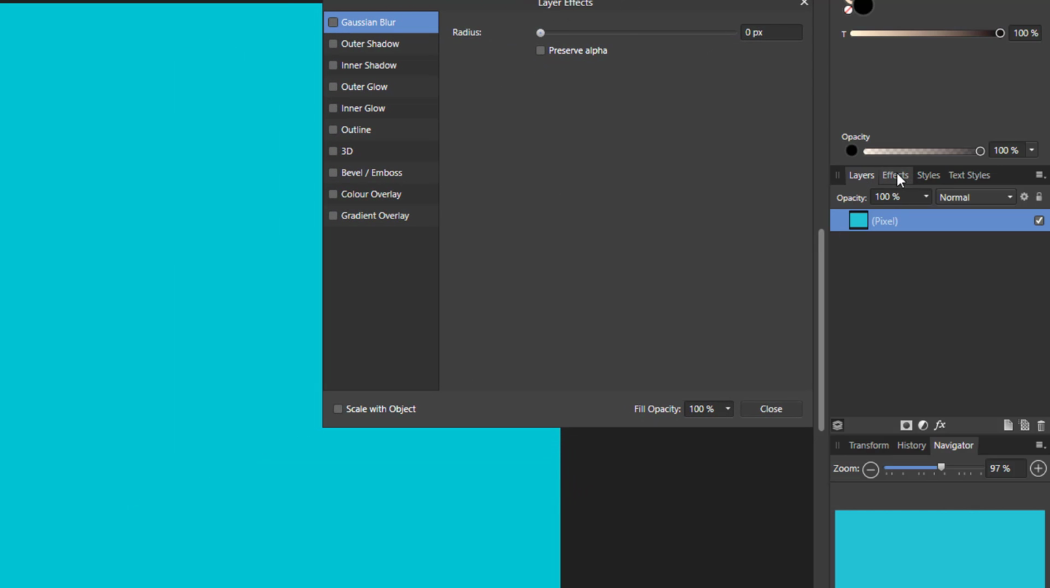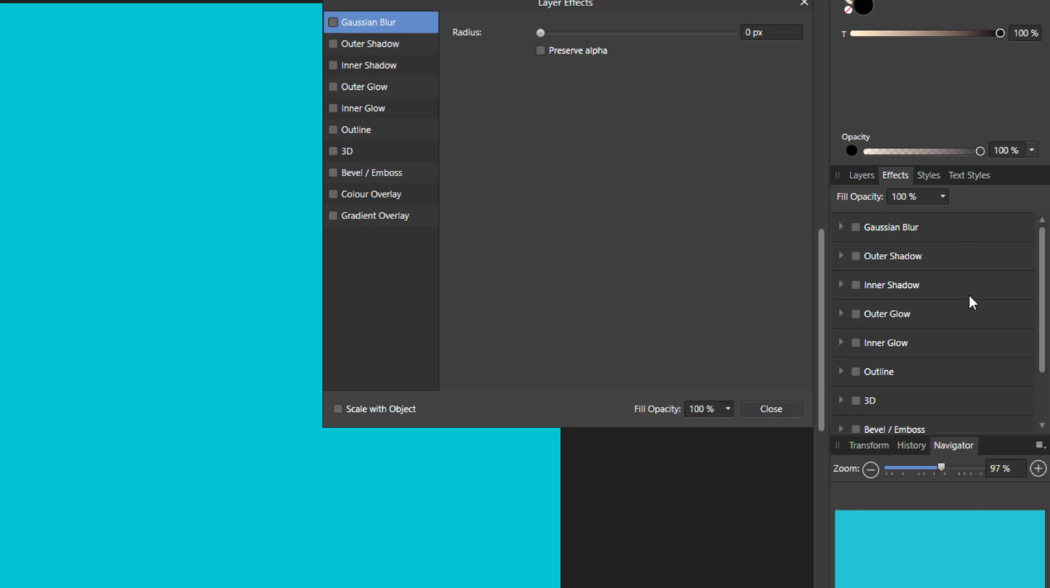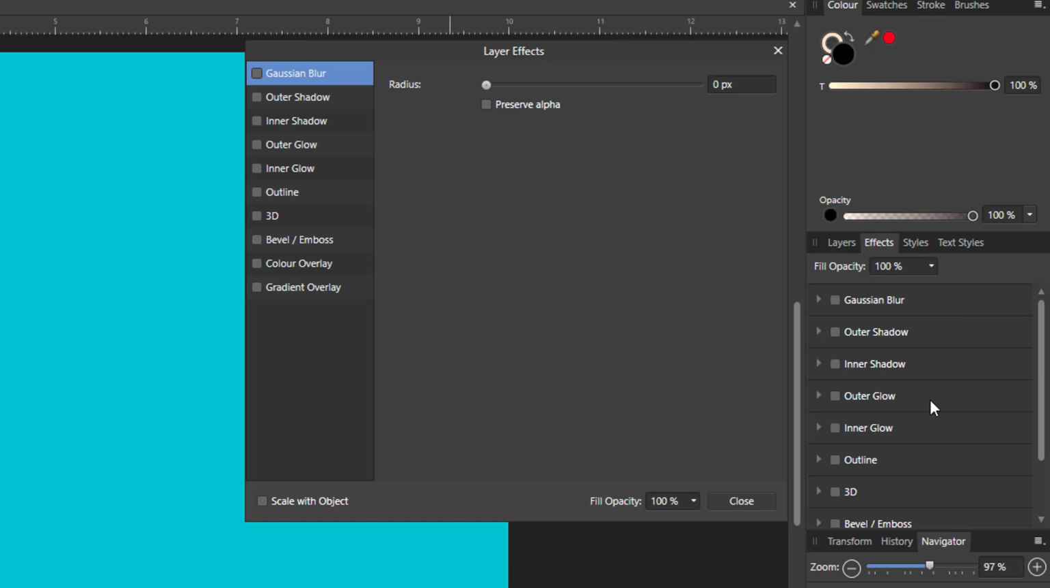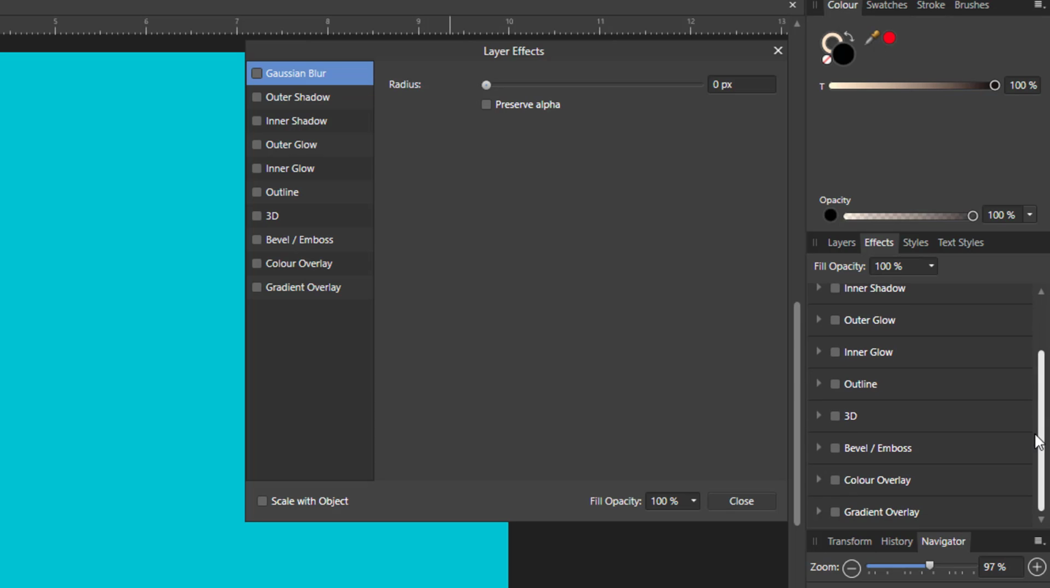And if I just open this here, the Effects tab here, as you can see, it has all the same options: Gaussian blur, sort of like outline, 3D, and then finishing on color overlay and gradient overlay. So in that respect the options are the same. Now the only difference is in